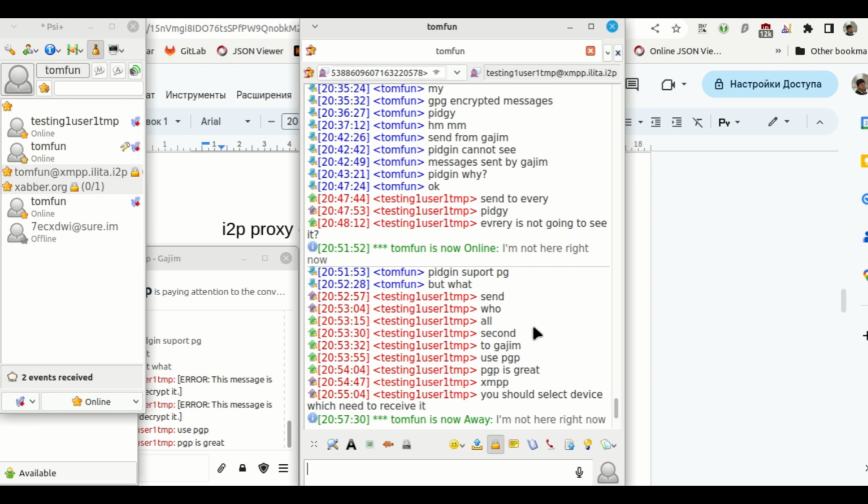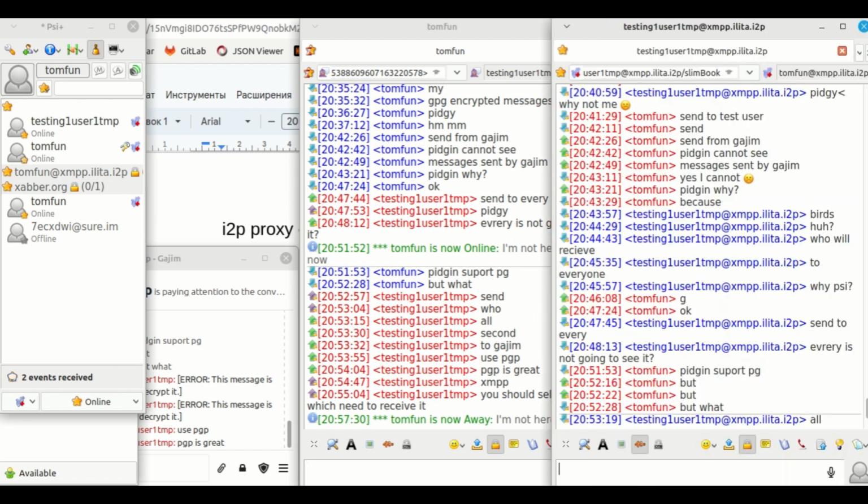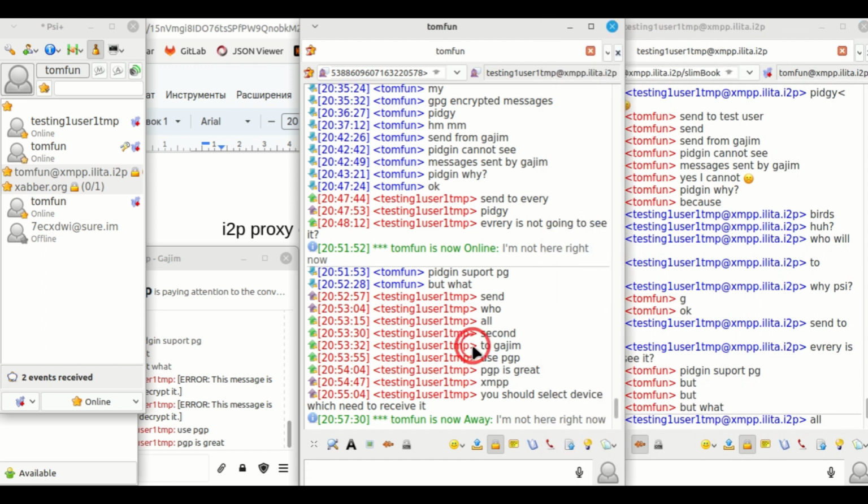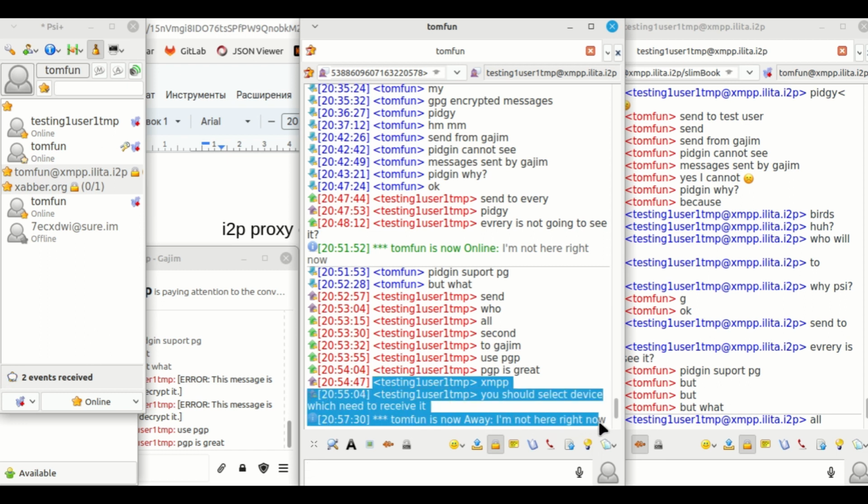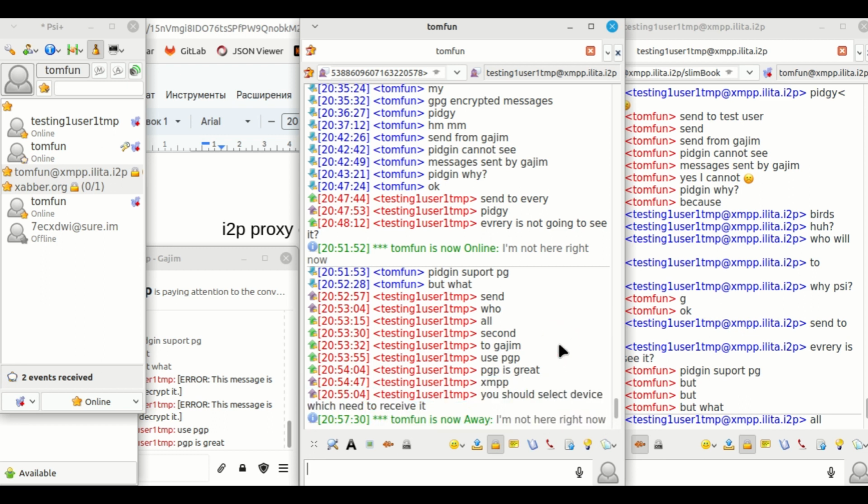It is a thing I wanted to tell, that Psi-Plus can show some events inside the chat, but the most important things like keys exchanging or files or whatever can be here,